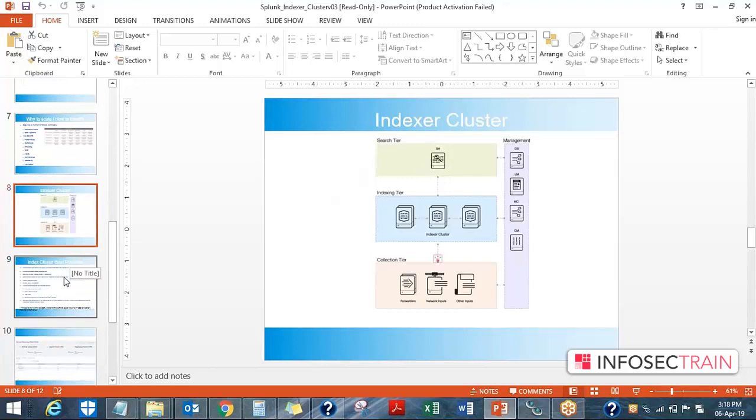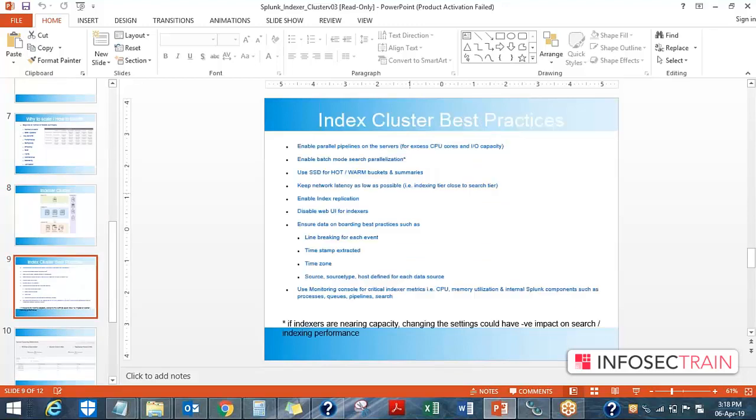And there are some best practices for setting up the indexer cluster. There is a concept of enabling parallel pipelines on the servers. Let's say there are too many heavy searches going on. Parallel pipelines add another level of benefit to make sure the data